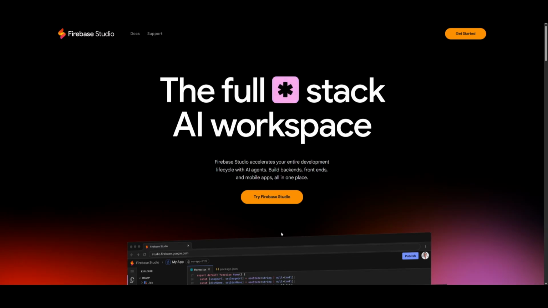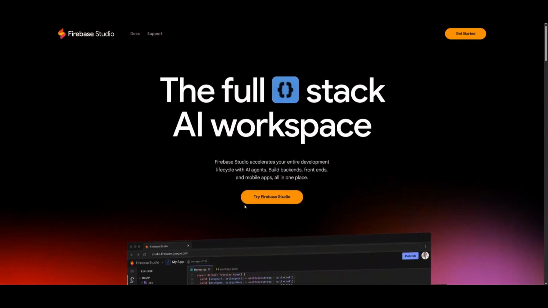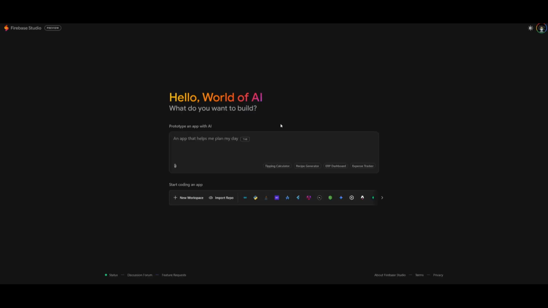To get started, you're only going to need to have a Google account, and what you can do is head over to Firebase Studio with the link in the description below and click on Try Firebase Studio. Once you sign up or log in, you're going to be then sent over to the main dashboard of Firebase Studio. This is where you can either start coding an application on your own by creating a new template or